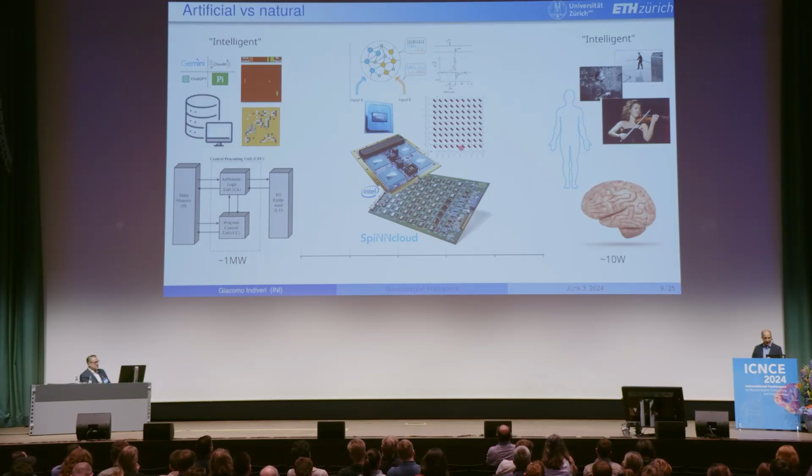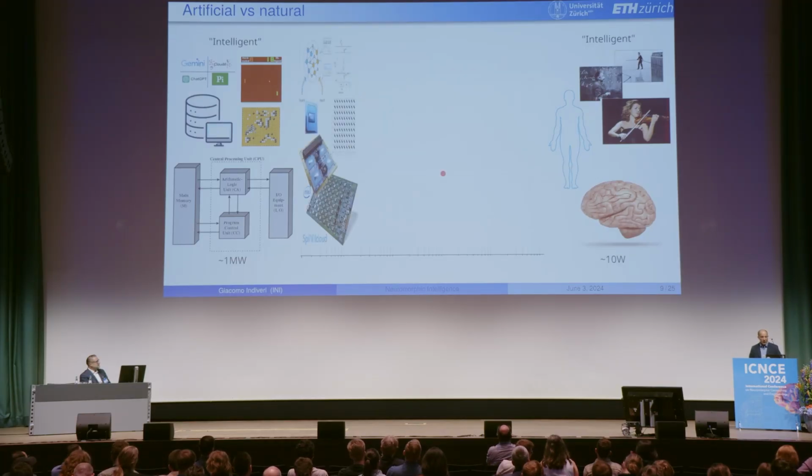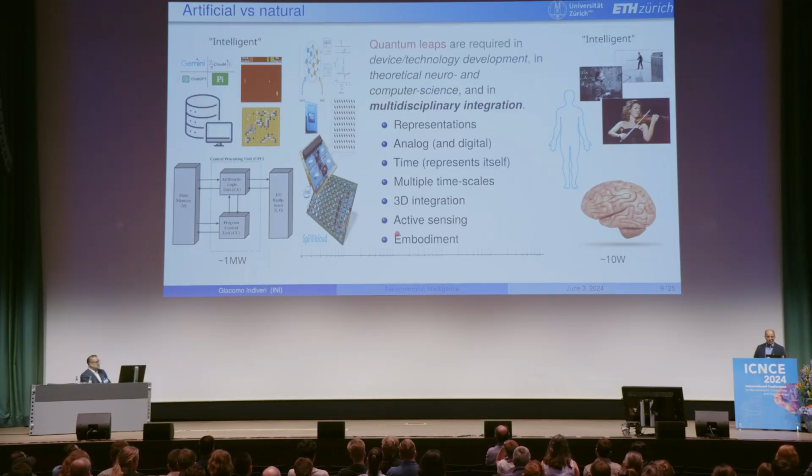So here you see the scale is linear, and people might give you the impression that we are sort of halfway through. But in practice, there are many, many more steps to take to actually achieve this complementarity or to achieve the performance of biology, of natural brains. Not even human, even insect brains are very, very difficult to achieve. And so among these many, many steps, these quantum leaps that are required, there's, of course, technology development going forward with memristive devices.